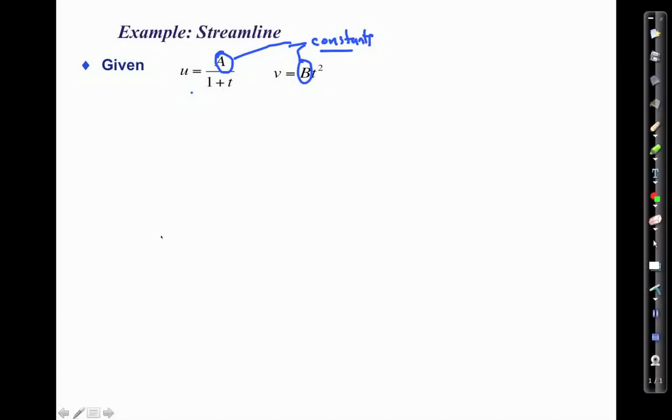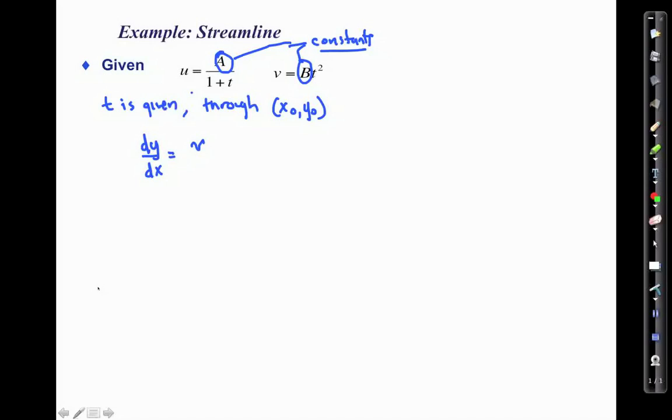Okay, so let's go ahead then and apply the equation of interest. And remember, this is going to be at a given instant t, so t is known. We assume t is given. And we want it through the point x naught and y naught. All right, so let's take our definition here that we had for a streamline, namely dy dx is equal to